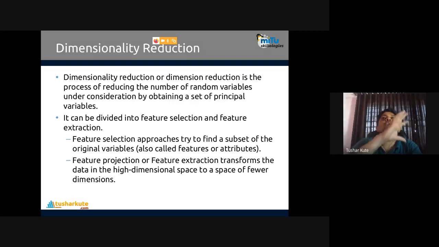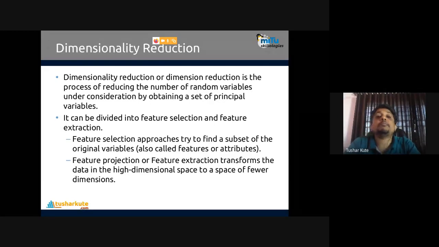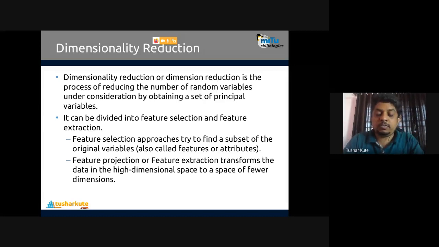Feature selection means that out of all the features, we extract specific features which have a high impact on the output. Feature projection or extraction transforms high dimensional data to low dimensional data. What exactly does it do? There are some statistical methods applied by PCA, and by that it is possible to get this. It merges some correlated variables and removes some unrelated variables also, and based on that the result of dimensionality reduction is identified.